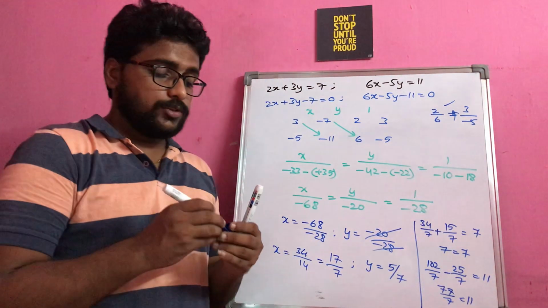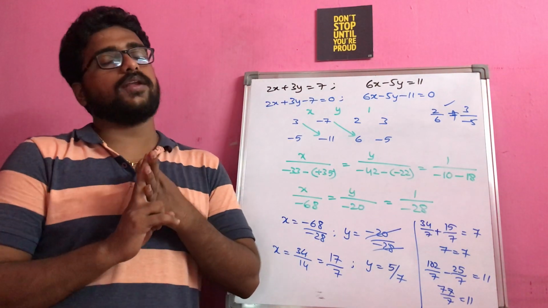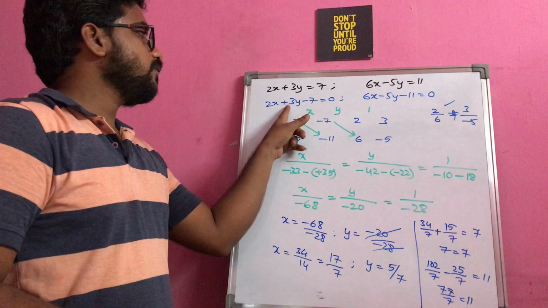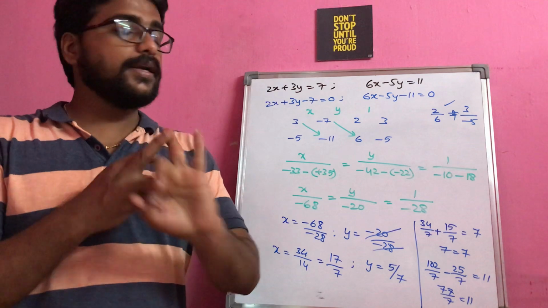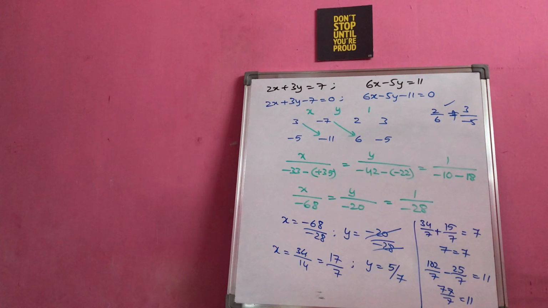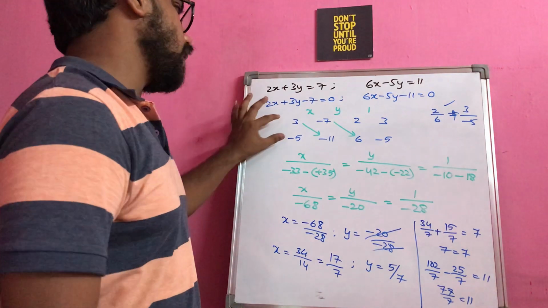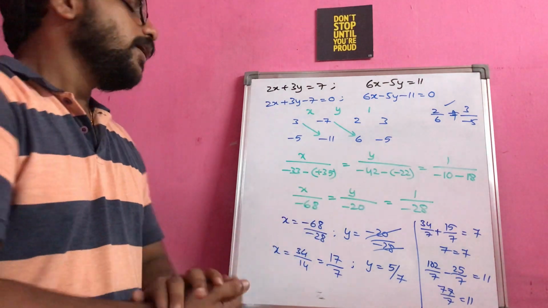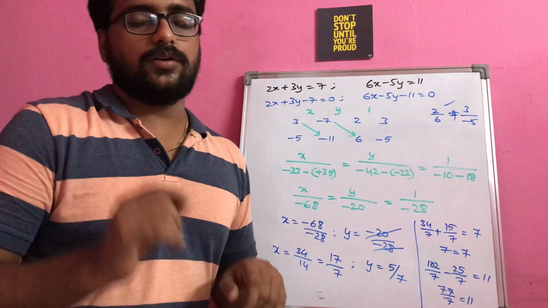This is also true. So there are 3 important steps that you have to remember when dealing with the cross multiplication method. 1, whether the equation is given in the standard form or not. If not, you have to arrange it in the standard form. Second point, check whether this condition is satisfied or not: A1 by A2 not equal to B1 by B2. That means the ratio of coefficients should not be equal. And then you just have to use the formula, then you will be getting the answer directly in the next step itself, right? And you can cross check your answer just by substituting in the given equation whether it is satisfying or not. Okay.